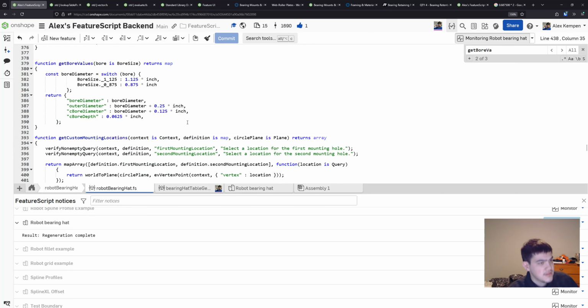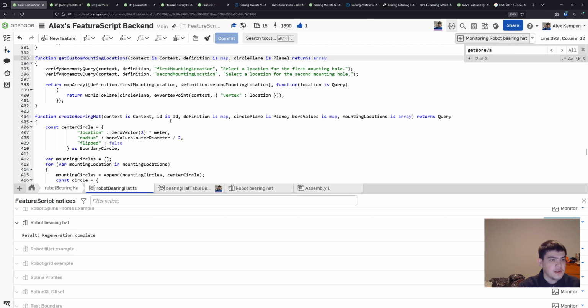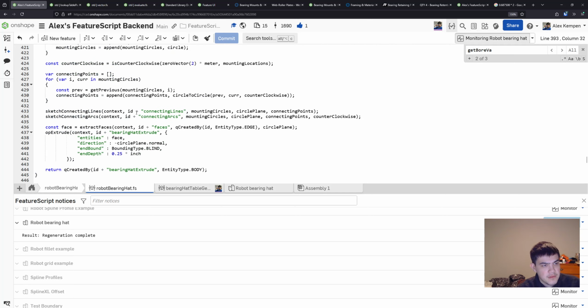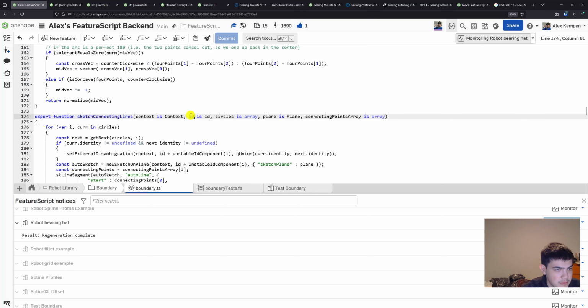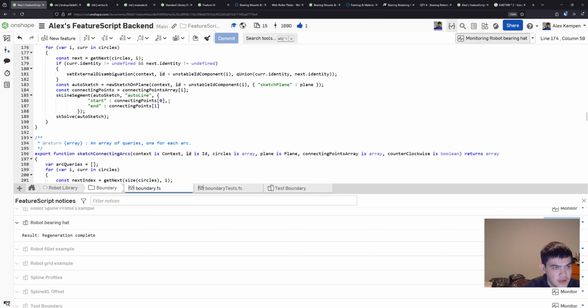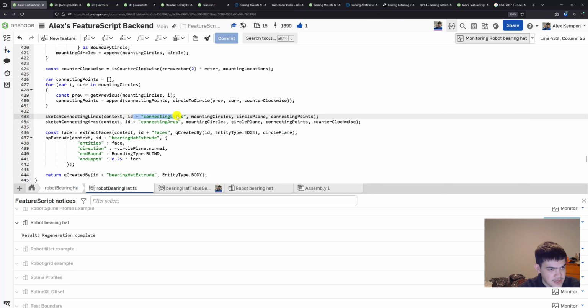The big difference, the reason why this matters, is because IDs are hierarchical. So when I pass ID plus connecting lines to sketch connecting lines, which is another of my functions, again we see the same pattern of taking ID. So whatever this function creates is going to be nested under that ID plus connecting lines umbrella,